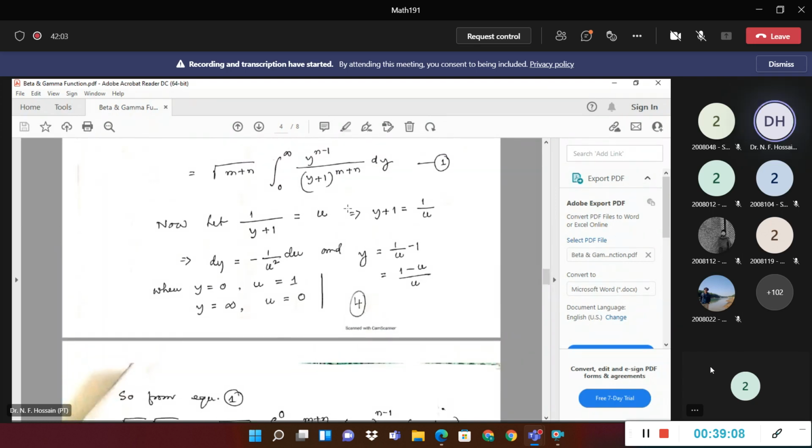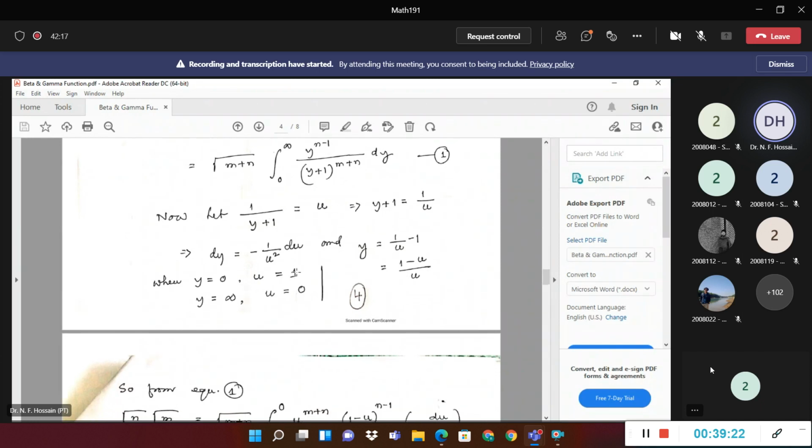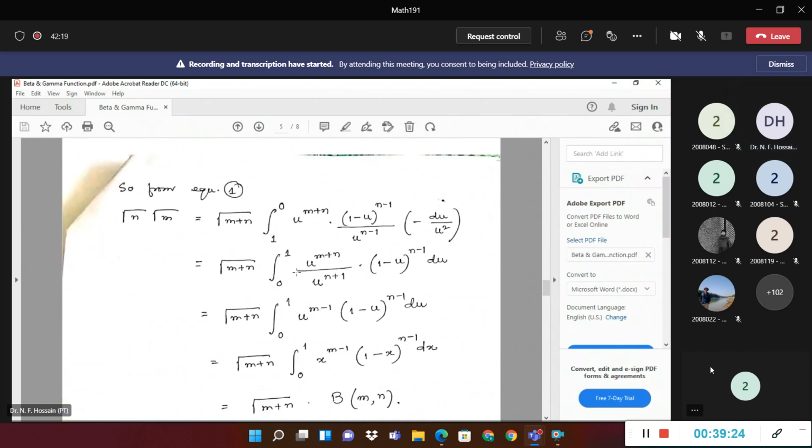That is the y to the power n minus 1. And the value of y is 1 minus u by u. So it will be 1 minus u whole to the power n minus 1 divided by u to the power n minus 1. And the value of dy is minus du by u square. Yes. So we adjust this minus sign with these limits. The limit will be now